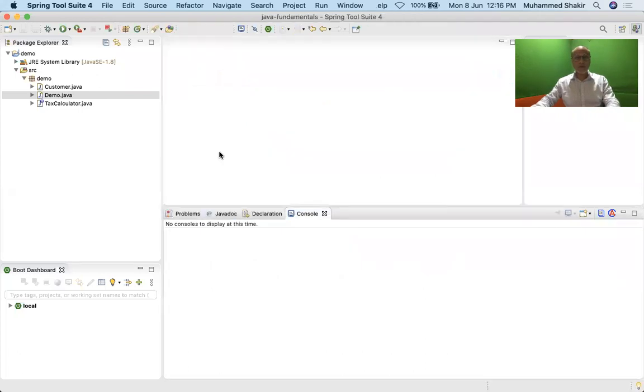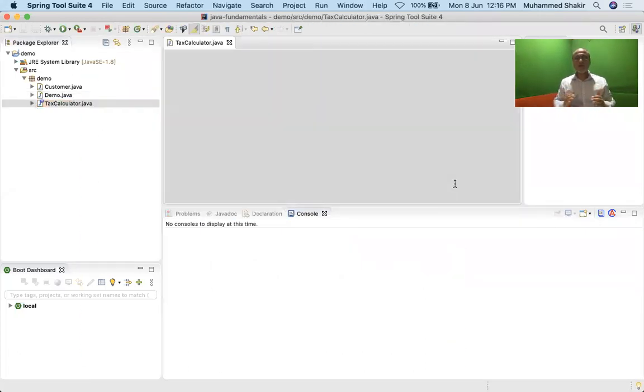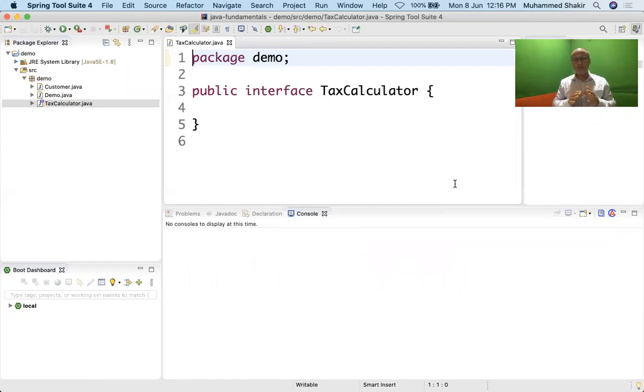Now, another important point. I'll close this. Okay. As I was saying, you can have interfaces. Very important point, extremely important point. You can have interfaces and classes, and classes and interfaces both are the building blocks of your entire Java application. And as I said, the concept of classes and interfaces is across all the programming platforms. So what is an interface? Can you define the behavior here? You cannot define the behavior here.